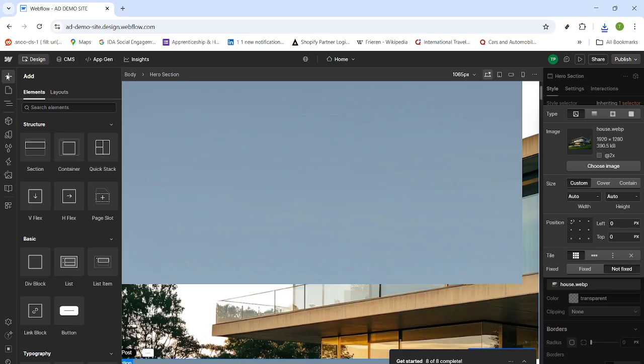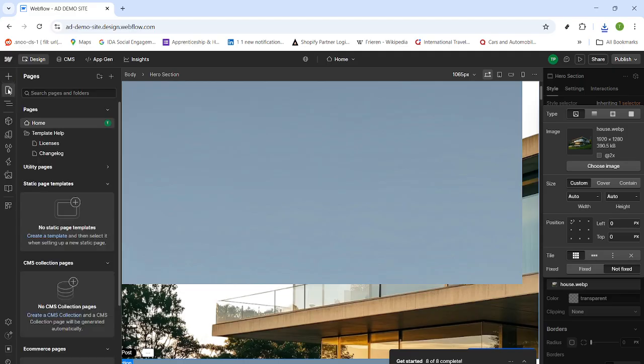Once you're in, head to the left sidebar and open the Pages panel. If you don't see it right away, use the panel's search field at the top to quickly find what you need. Just start typing to filter. When the Templates area or the collection you plan to template appears, select the highlighted option to move into the